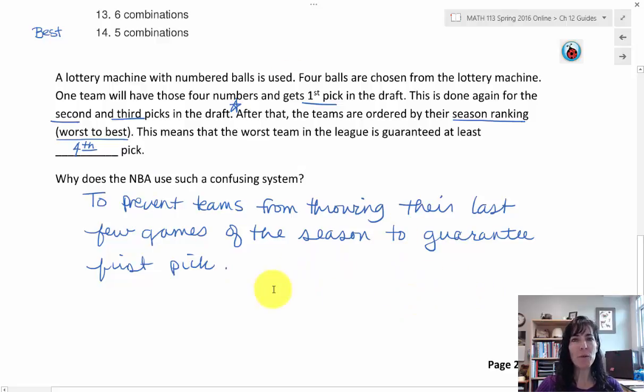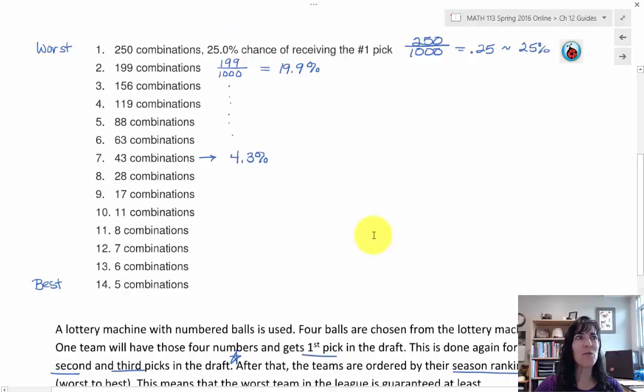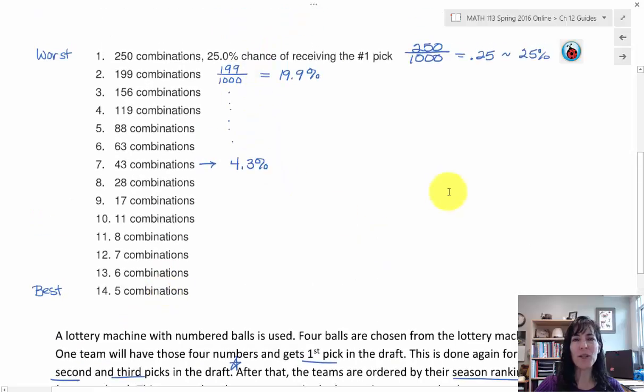So the NBA came to this confusing system, but it's kind of neat because it does use a lot of probability and statistics to figure out who's going to be in what position. And if you look online, it shows that they came up with this system talking to some statisticians, so that should not